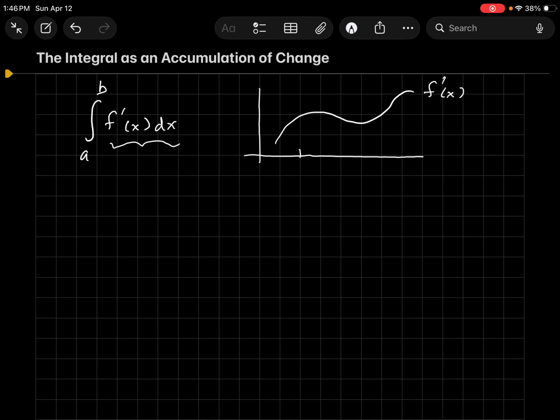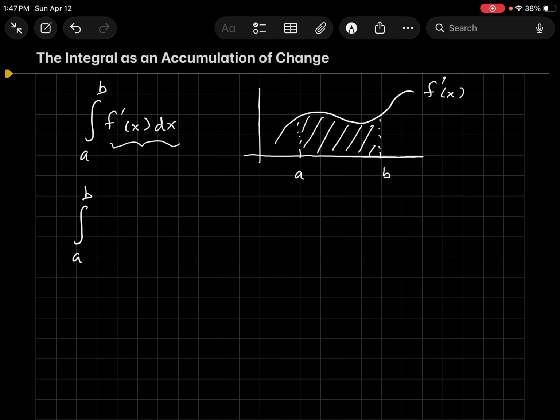which leads to the interpretation of being an area under the curve from x equals a to x equals b. And then we also saw that the integral was an antiderivative. For our final interpretation,